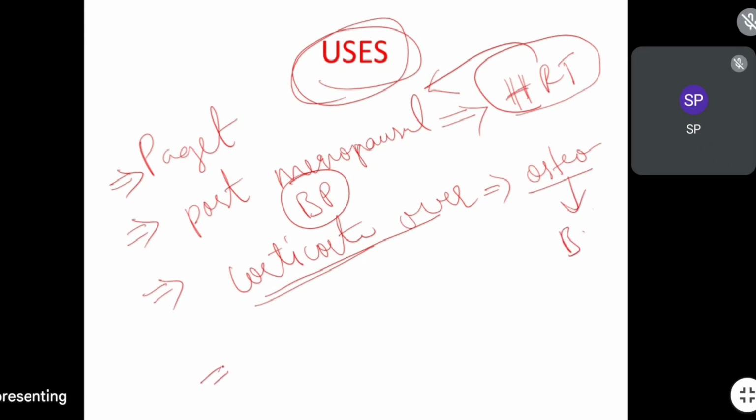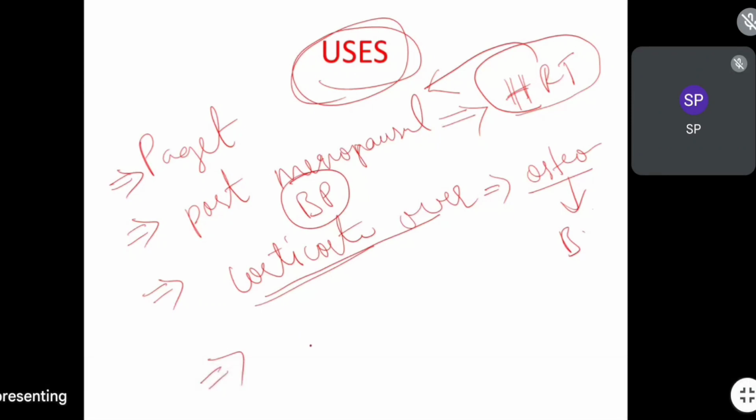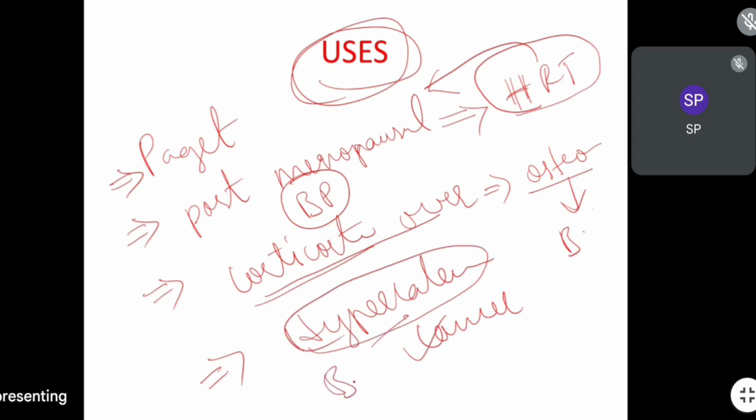Another very important use is a condition called hypercalcemia due to cancers. In this condition, bisphosphonates are the drug of choice. This is a very important point. If anybody has hypercalcemia due to cancer or any other condition, especially along with bisphosphonates, there is one antibiotic, or anti-cancer drug, which is called